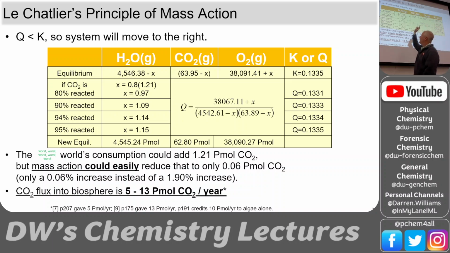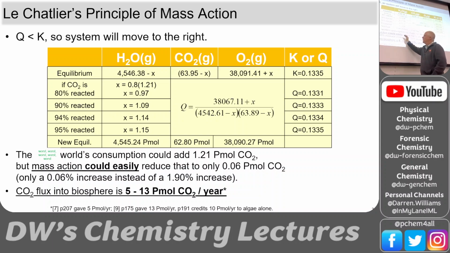If we made it 0.9%, 90% reacted, Q is 0.1333, it's still not equal to 0.1335, it's not the equilibrium constant yet. We go to 94%, 95%, when we get to 95%, Q equals K, so we're back to equilibrium. So it will use up 95%. The biosphere will chew up 95% of what we put into it. Okay, and that's the worst